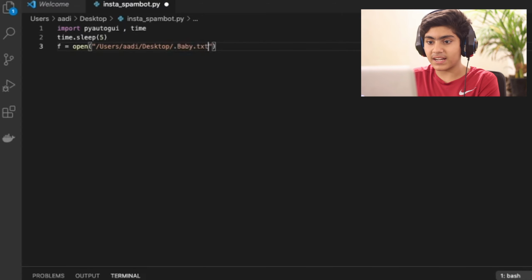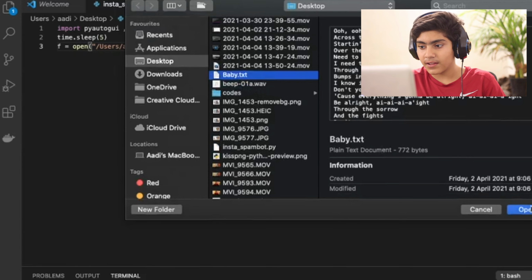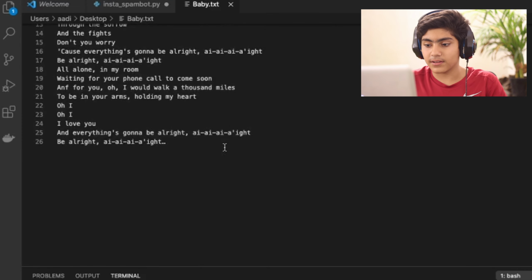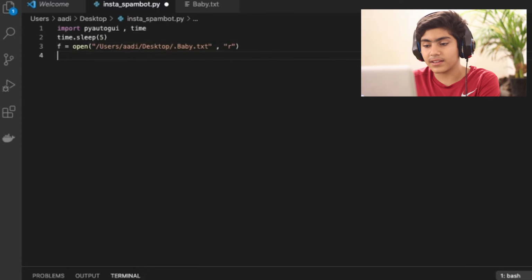I'm going to show you where I saved it on my desktop. As you can see, this is the file, and I have the lyrics right here. Now I'm just going to specify r, separated with a comma, because we want to read this file and then we want PyAutoGUI to type it.